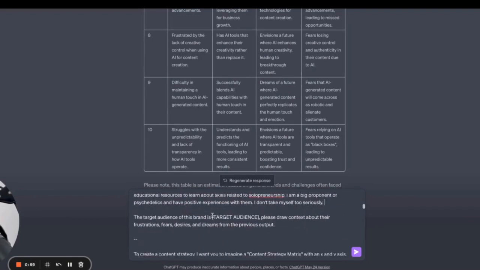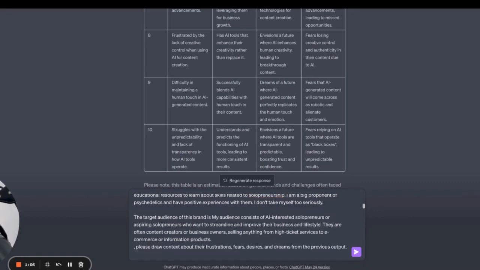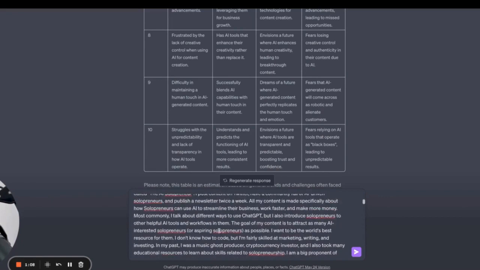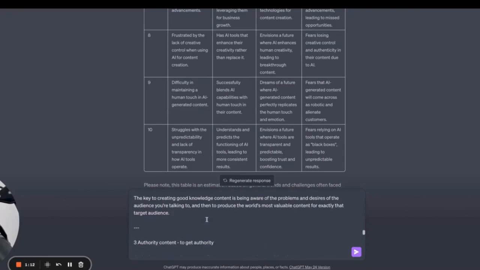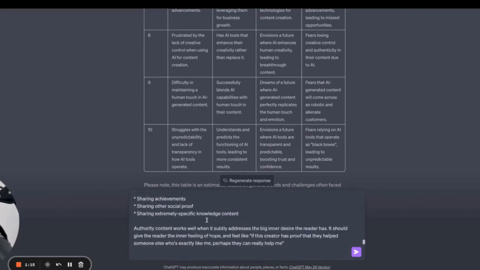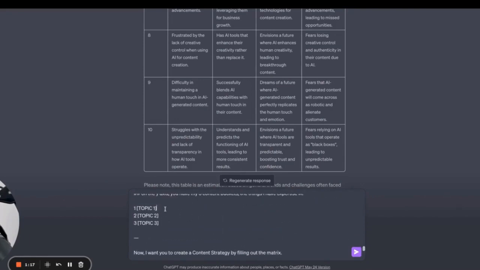And the same thing for the target audience. So again, you use \audience. Now we've got the audience in here. This is my audience and my context. You scroll down a bit in the prompt to find the topics here. Okay, so the topics for me will be AI, solopreneurship, and let's also use content creation.